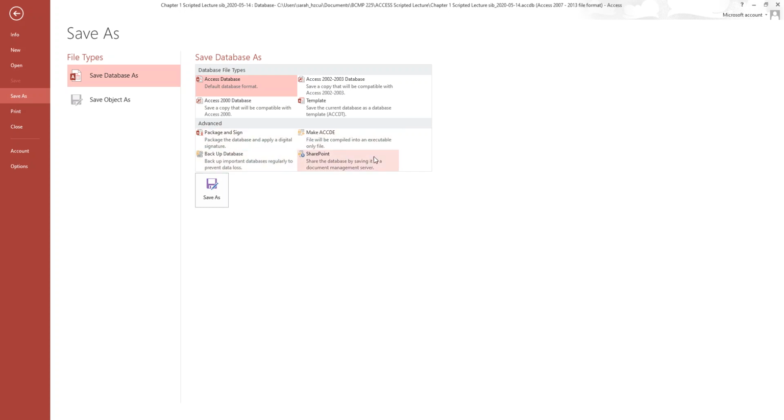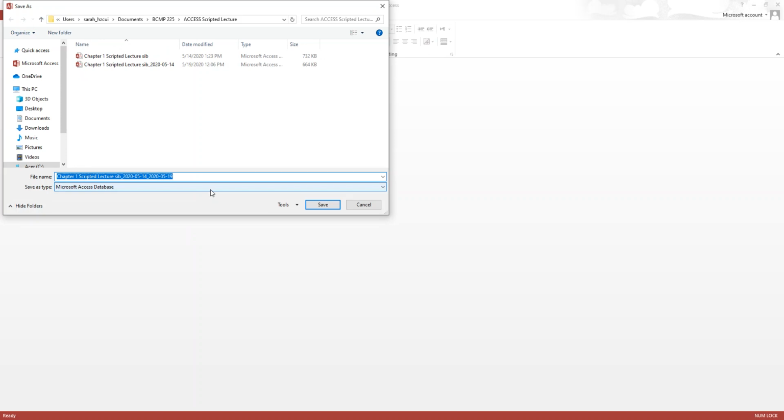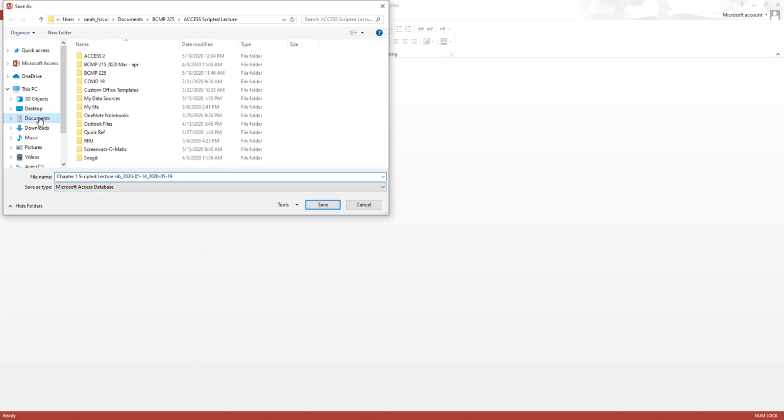Now, these advanced options, we will be learning about that. The most important one is the backup database. It is a good idea to back up your database. If you have a very large database and you want to make sure that all your changes up until a specific point have been backed up, you would back up a database. When you do that, so if I say back up this database, I'll click on it to select it and say save as. Choose where I want to save it,